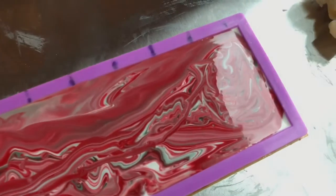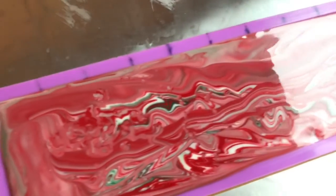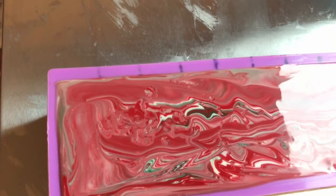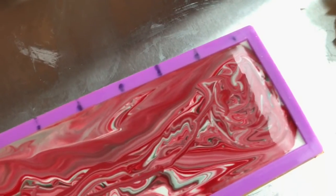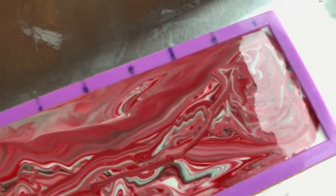I think I'm going to leave it the way that it is. I don't want to muddy it, so I don't want to take a toothpick or a chopstick or anything like that through it to swirl that top anymore, because it's already pretty swirled and I don't want to ruin that. But I have a feeling the inside's going to be nice, even with the part that's going to turn brown. I think it's going to be really nice. So I will bring you all back